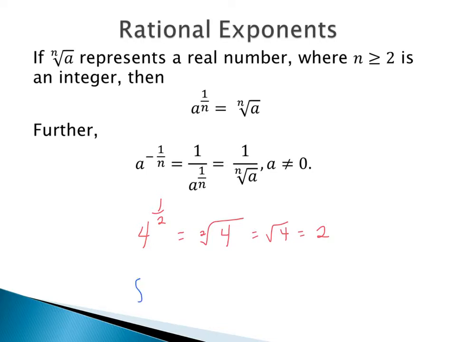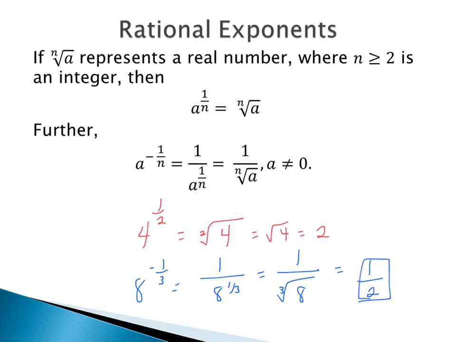Similarly, if I had 8 to the negative 1/3, that negative exponent means we have 1 over 8 to the positive 1/3, which I can then rewrite as 1 over, we have a root, we have our 8, and then the 3 tells us what root we're taking, and we're taking the cube root, so we put the 3 on the outside. The cube root of 8 then would just be 2, since 2 to the 3rd gives us 8. So our final answer here would be 1/2. So really just understanding that notation and how to write with the fractional exponent and the radical.